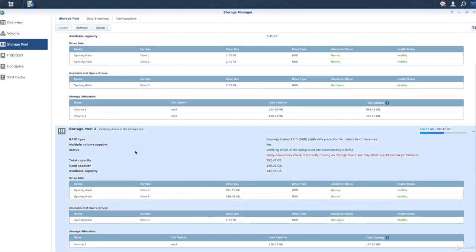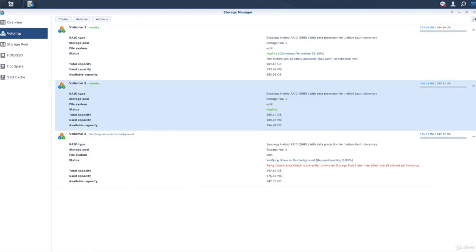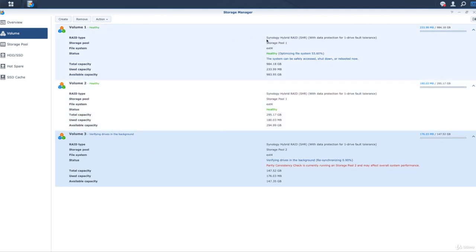Then I've got storage pool 2. This one is made up of 2 other hard drives, different sizes each. The hot spare is there if I need to, and then 1 volume applied against it. Now in this case, you'll see that it doesn't say healthy on this one. That's because this one has just been created. So it's actually in the process of verifying these drives in the background, and that will take a little bit of time. So volumes, here are my 3 volumes, 1, 2, 3,